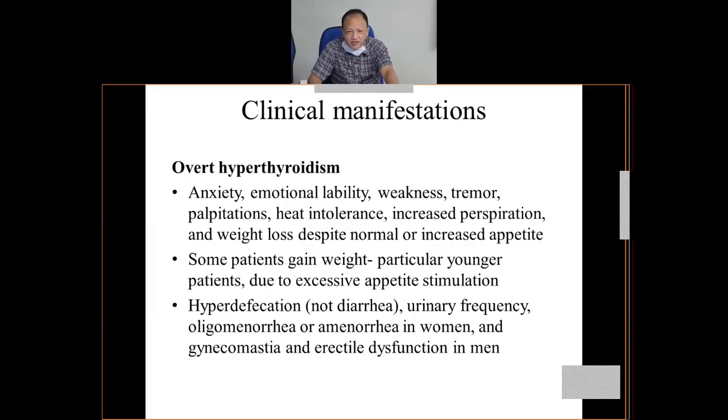What are the clinical manifestations? We can divide the clinical manifestation into overt hyperthyroidism. Overt means that it is clear cut. That means it comes to you with frank symptoms which suggest that the patient is having hyperthyroidism. What are these symptoms? Anxiety, emotional lability, weakness, lethargy, easy fatigability, tremor, palpitation, heat intolerance, increased perspiration or sweating,